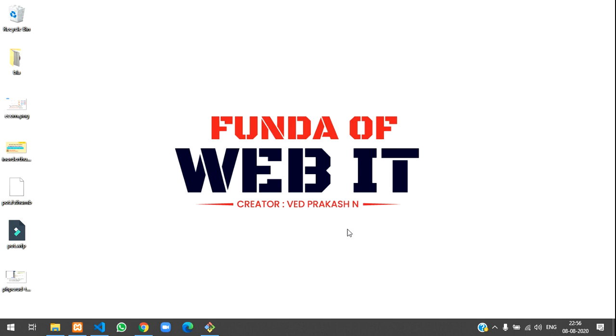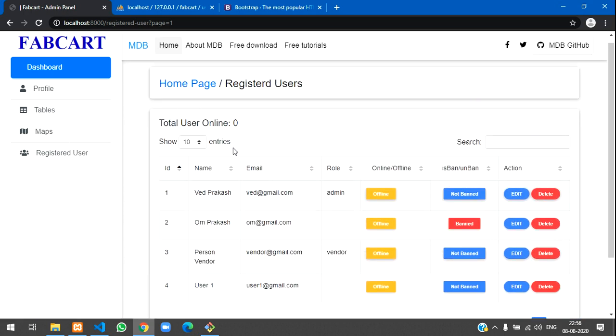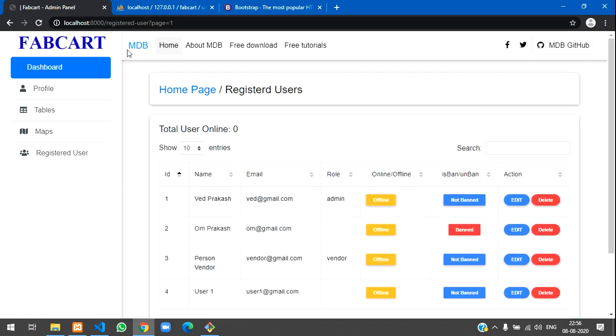In this video we are going to learn how to make a logout button or a logout system in Laravel. Right now for admin we don't have any logout button. As he logs in, he doesn't have any logout button to log out from here. So now we will make a logout button for him where he can click and log out through it. We'll complete that in this video, and let's get started.